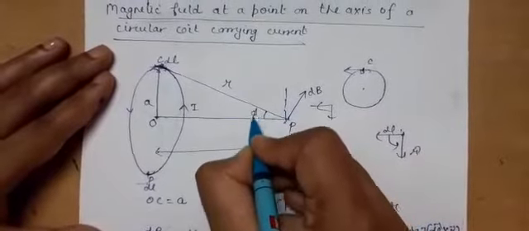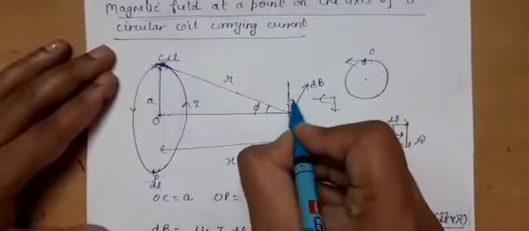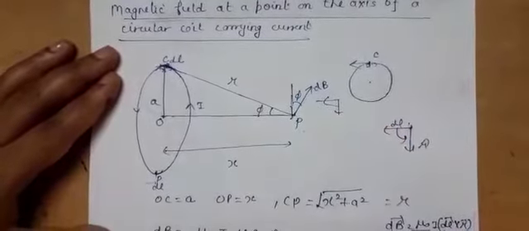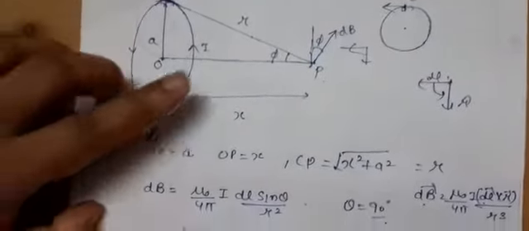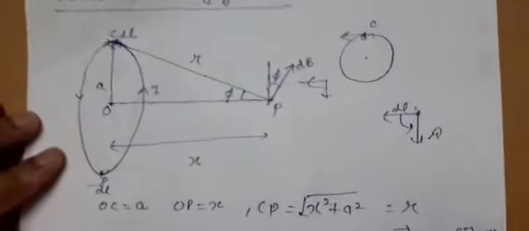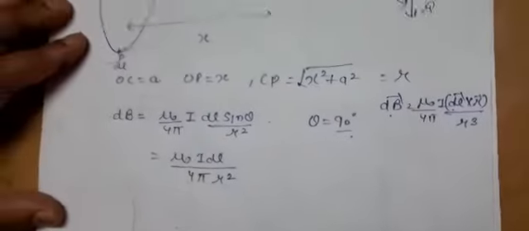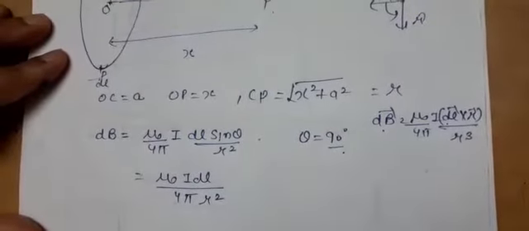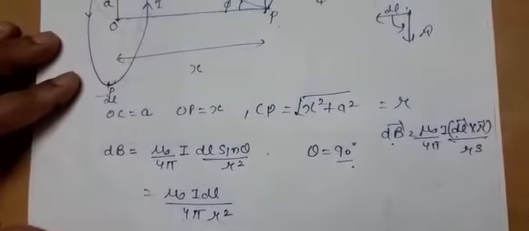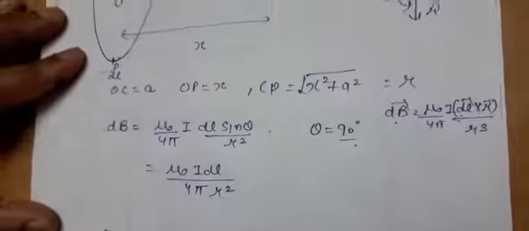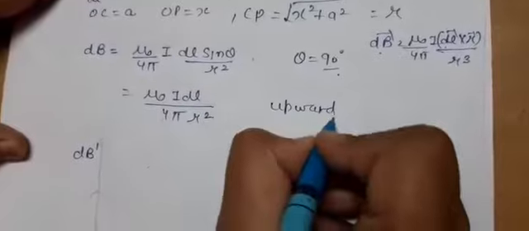So if this angle is phi, and this is perpendicular to this, and for this, the perpendicular is this one, then the angle between two lines is the same as the angle between their perpendiculars, right? So now we have obtained the direction of the magnetic field. What should be the concept? The direction of the magnetic field will be perpendicular to the plane containing dl and r, and it will be directed upward. So now similarly, the magnetic field is directed upward, or you can also write outward.